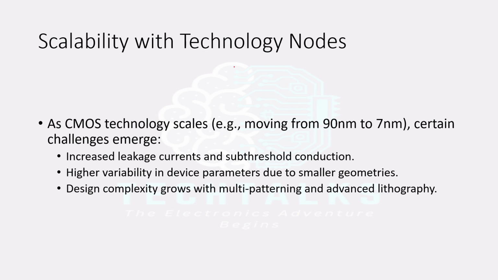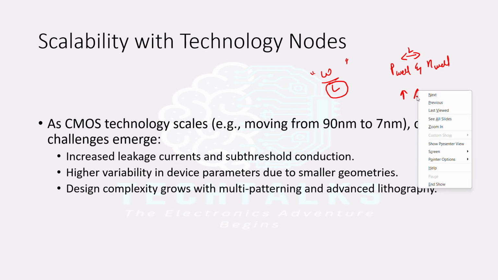Coming to scalability with technology nodes, simply to say, the W by L ratio for a MOSFET is very crucial. So technology node always concentrates on the L value of the MOSFET. What is the L value? It is the distance between the P well and N well of the MOSFET. If this distance between P well and N well keeps on reducing, the leakage currents between them keep on increasing, because whenever you are reducing the P well and N well distances, that means even for